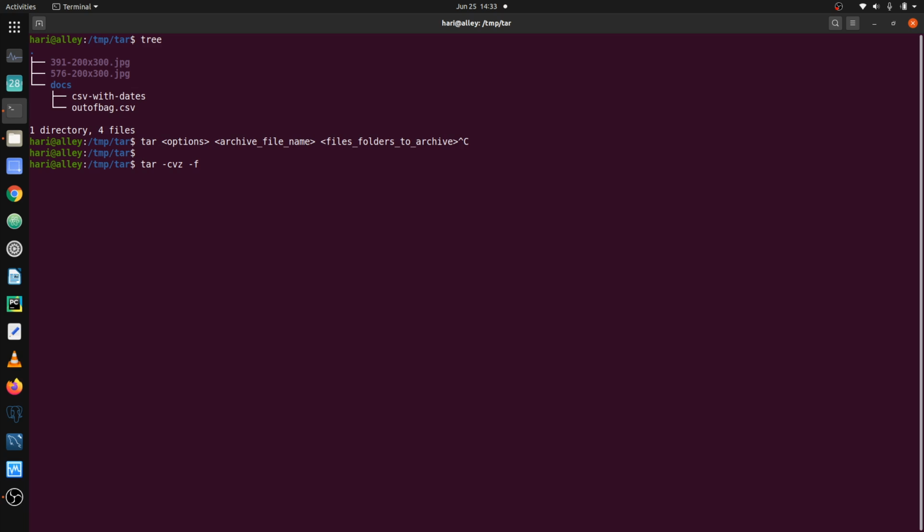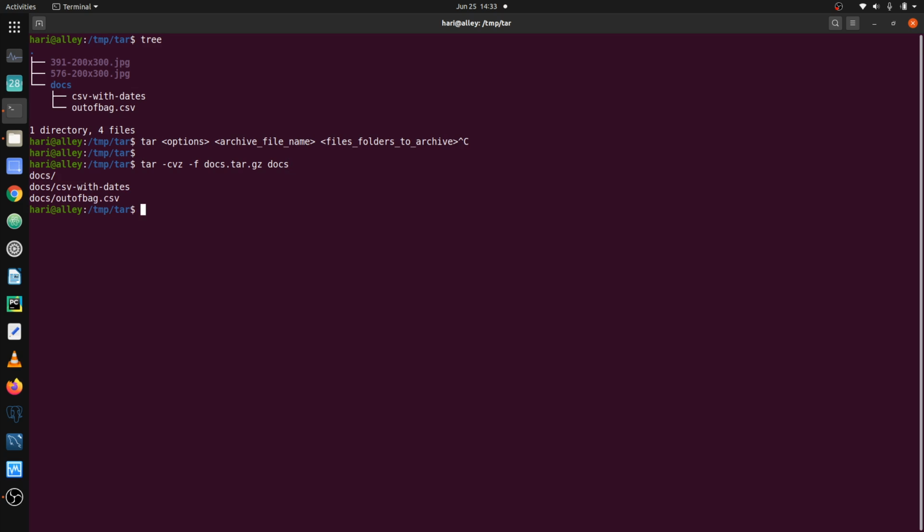We specify the name of the archive file with -f. We are compressing the docs folder, so docs.tar.gz. .tar to represent the tar command and .gz to reflect the gzip compression algorithm. Now, we can specify the -f option along with the other options without the hyphen. It works both ways on Linux. And finally, we specify the directory that we want to add to that archive.